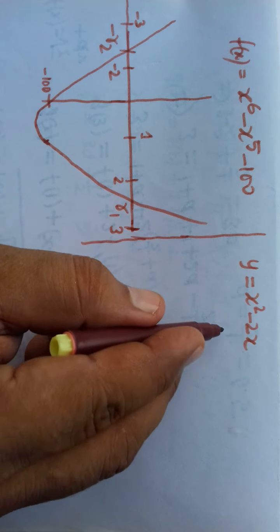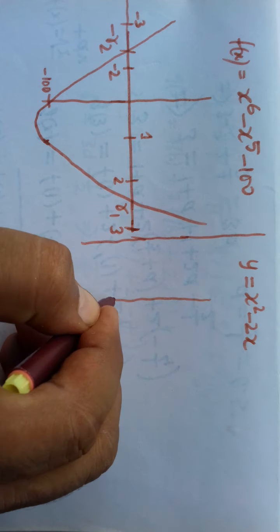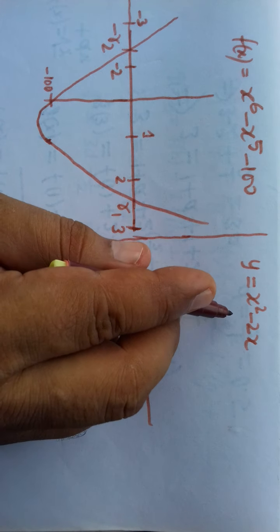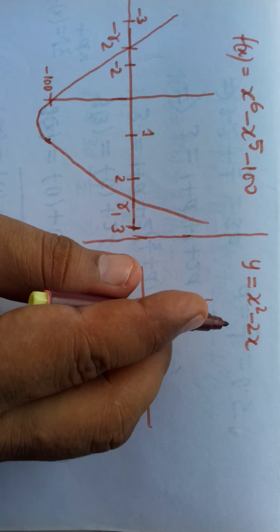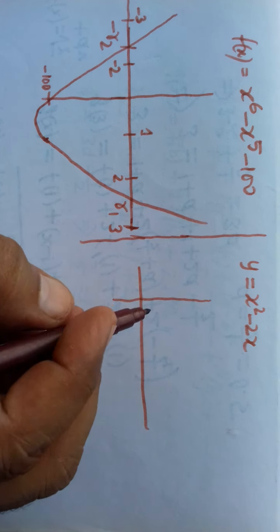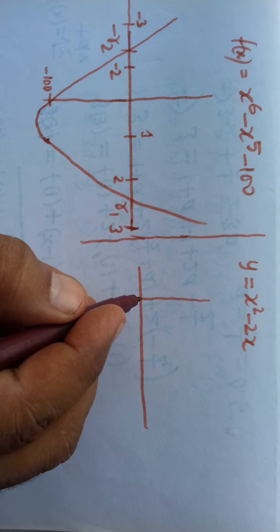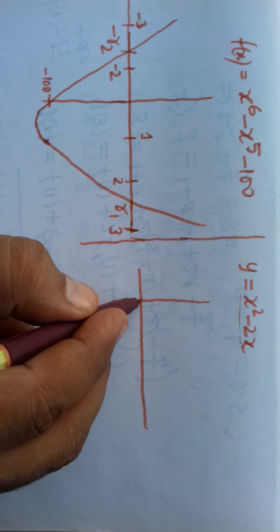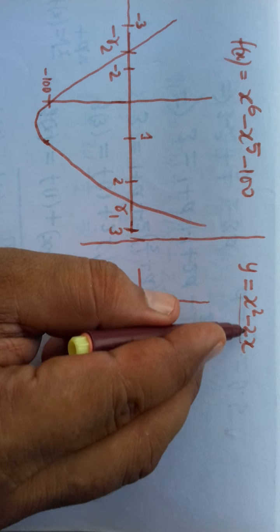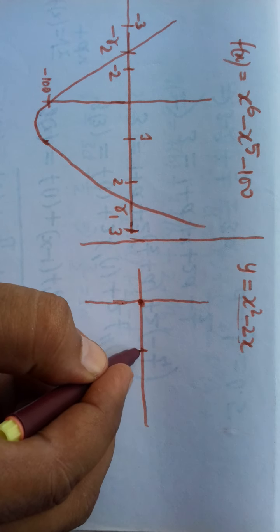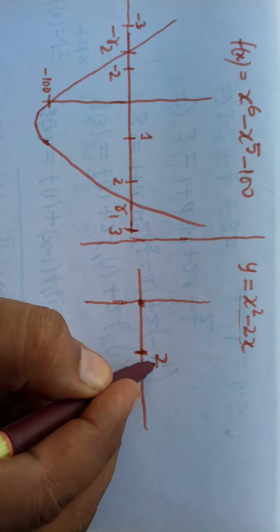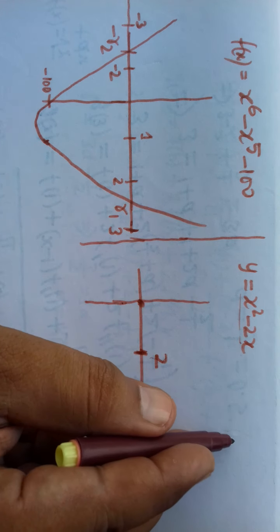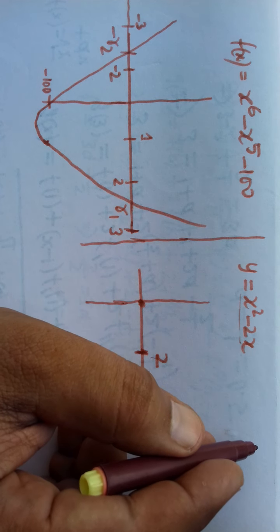Let us move to the second graph. We can draw this graph easily. In the question, for this graph you have to take x from 0 to infinity. This is written in the question. So we will restrict ourselves to the first quadrant. At x equal to 0, the value is 0, and at x equal to 2, the value is again 0, and at x equal to plus infinity, it is plus infinity. That means the graph will be in the first quadrant.